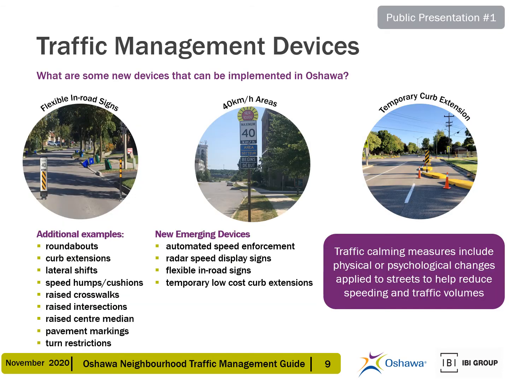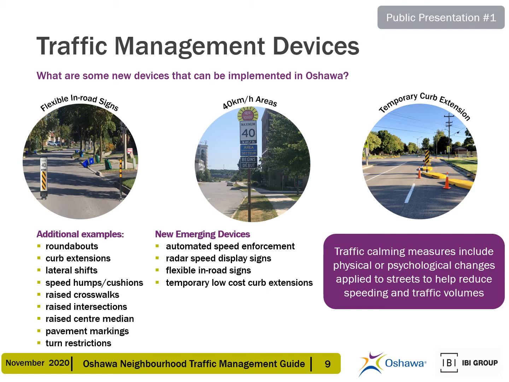There are a number of potential traffic management devices that can be implemented in Oshawa to help change driver behavior. We have been asked to examine some specific devices, including flexible in-road signs, 40 km/h areas, and temporary curb extensions. However, as highlighted on the slide, there are many additional examples of traditional devices, as well as new emerging devices that can also be considered for streets in Oshawa, such as roundabouts, speed humps, automated speed enforcement, radar speed display